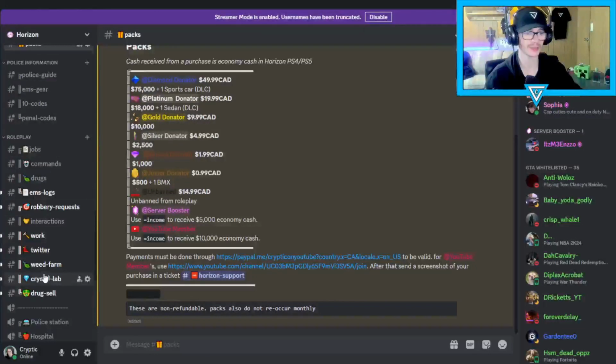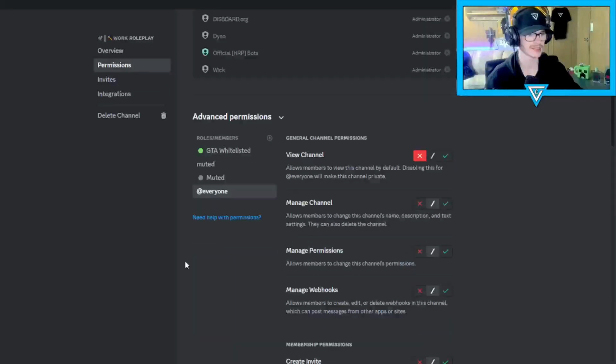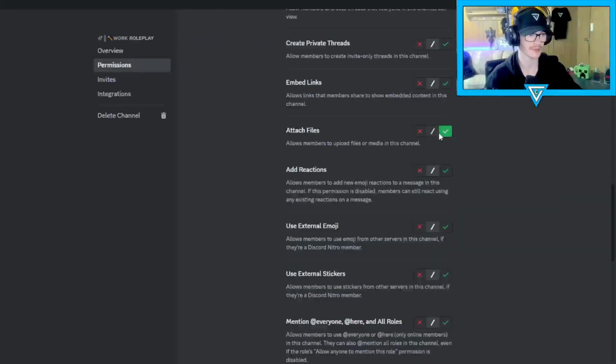If anybody else can see this, that's not going to work out too well, so I highly recommend making sure that the settings for these channels look something like this. Everyone cannot see this channel. However, GTA whitelisted members can. They can send messages in it, attach files, because it's the work channel, which in my server, the way that